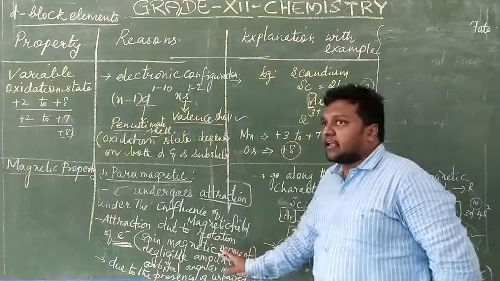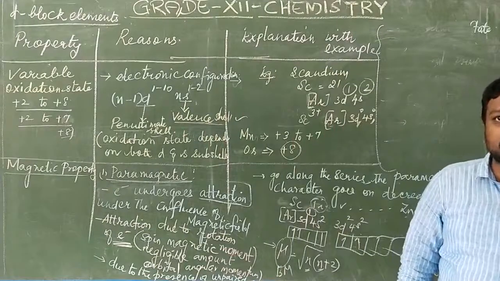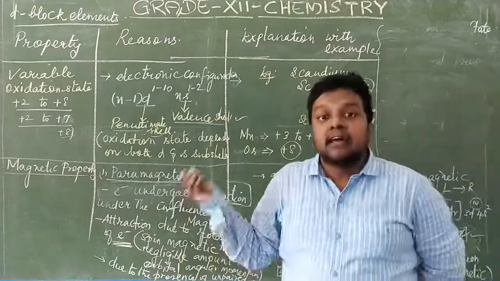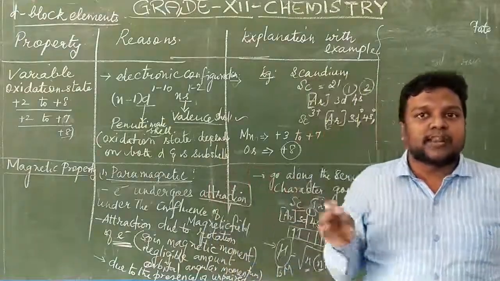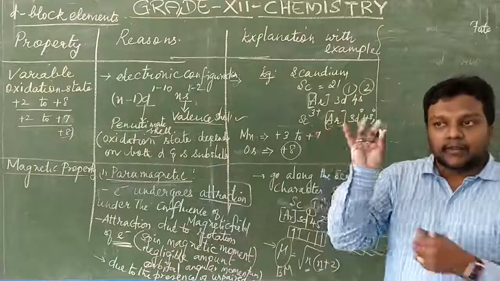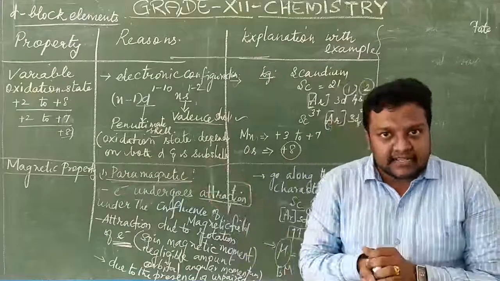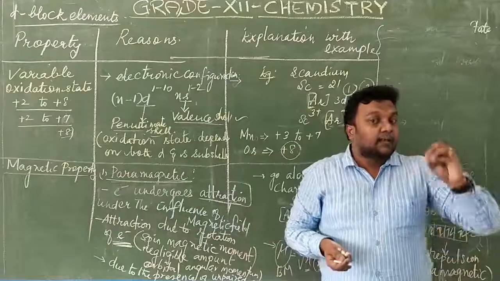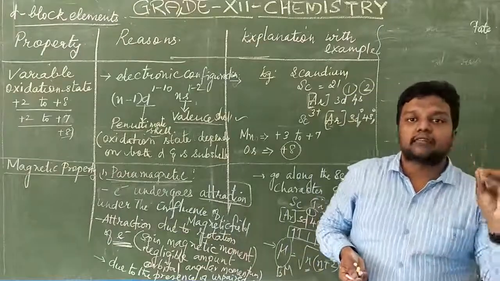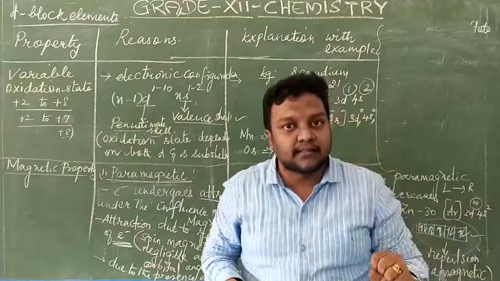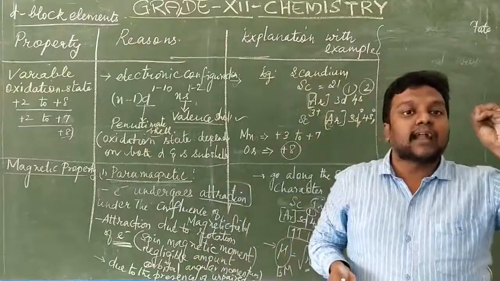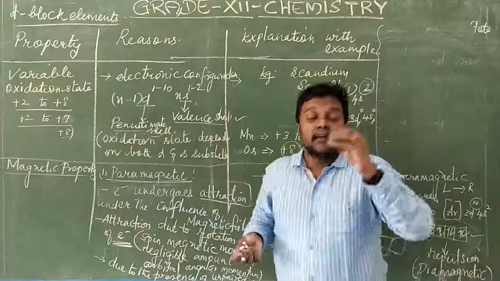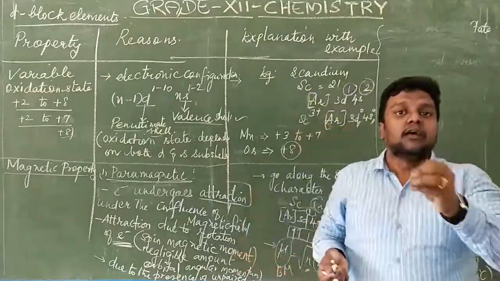Then magnetic property: there are two magnetic characters. One is the paramagnetic substance, the other is called the diamagnetic substance. What is a paramagnetic substance? You have to write it yourself. If you are going to write paramagnetic substance, I take a metal and subject it to the electrical field or the magnetic field. When this is done, automatically the electrons will start to attract with one another. When the electrons undergo the attraction, that shows that the electron possesses spin quantum, spin energy or magnetic moment.